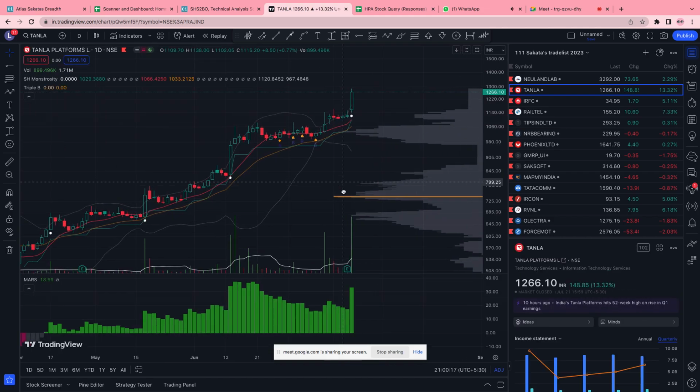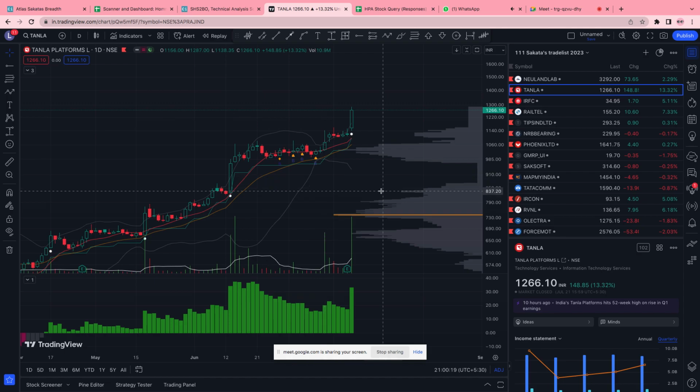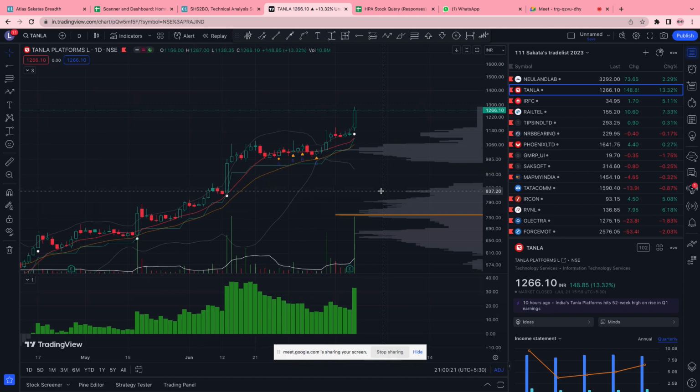This is another stock where I am very happy with the way I executed the trade, right? So my entry, as you guys know, was on this day. If you had run that scanner on this day, the BBW breakout, you would have caught it, and I probably caught it at 10867, and then the next day when this sort of gap up happened,